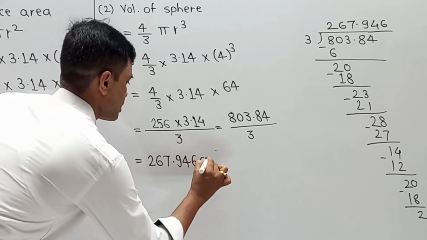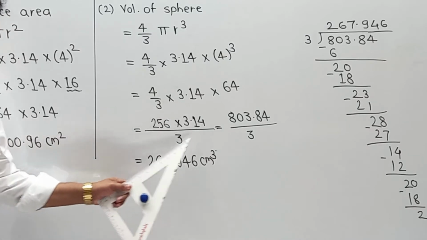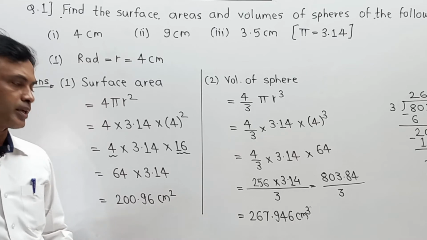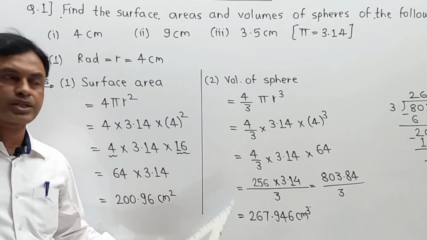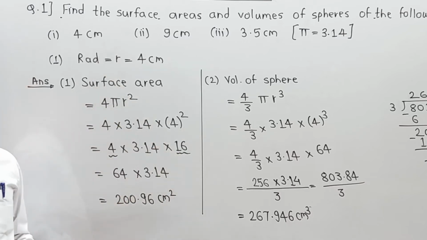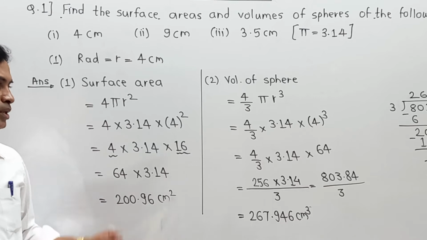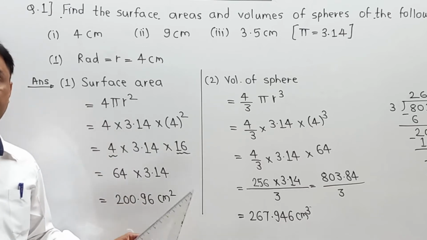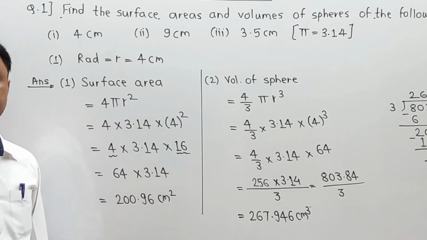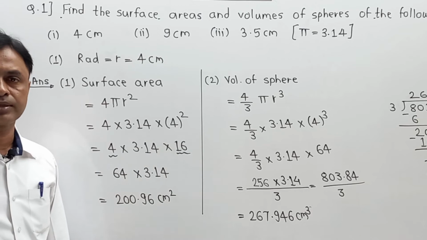267.946 cubic centimeter. Now students, remember this 3.14 or divided by 3 such a kind of a part is always taken into consideration and your calculation becomes lengthy. But this is the main part in terms of their question. They want to check or cross check your mathematical practice and calculation. So do it needfully and understand all the concepts and be conscious whenever you are going to solve any kind of mathematical numerical. In the second and third numerical, I am going to write the value directly. So please pay attention.